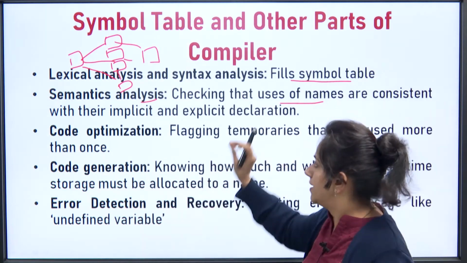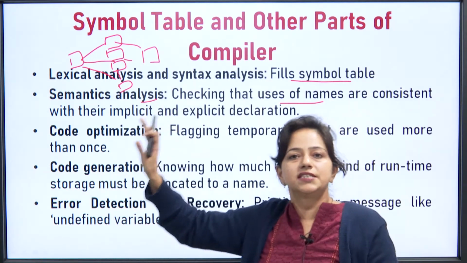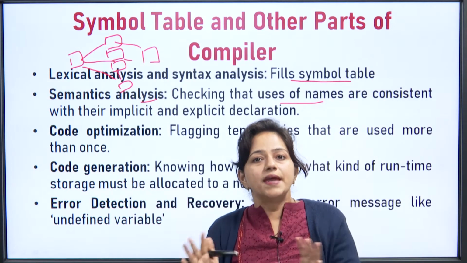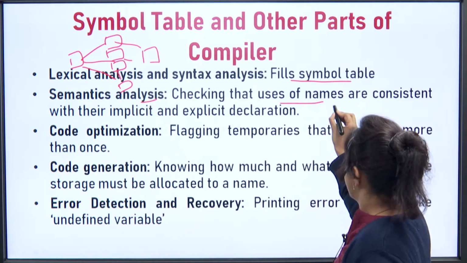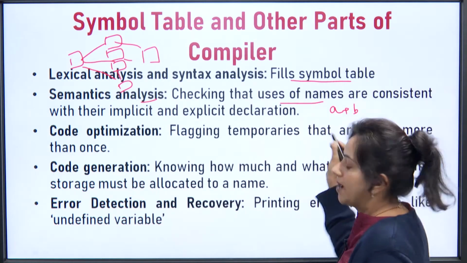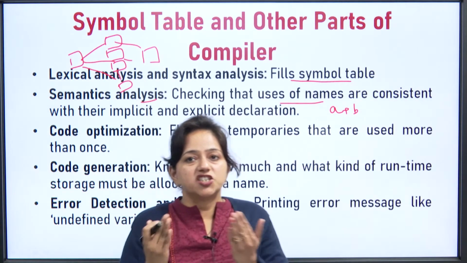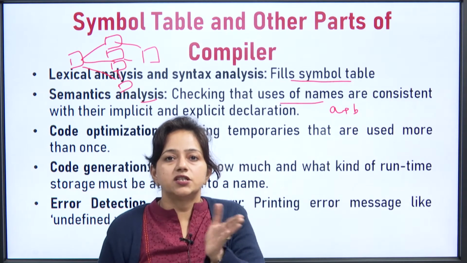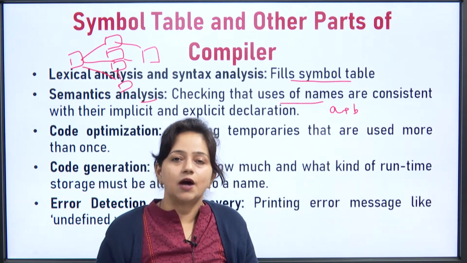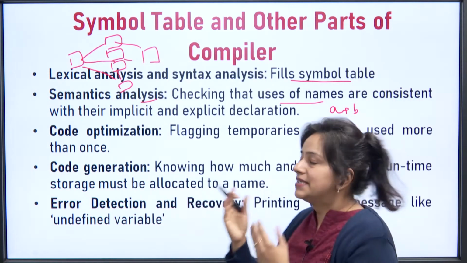So, here we have already stored the information, and at the time of semantics it will be checked whether the grouping is meaningful or not. Suppose we are doing a plus b, where one is of float type and another is of integer type, and such addition is not allowed, then appropriate action can be taken, or if it is allowed, then again appropriate action is required. So, it will check the consistency.